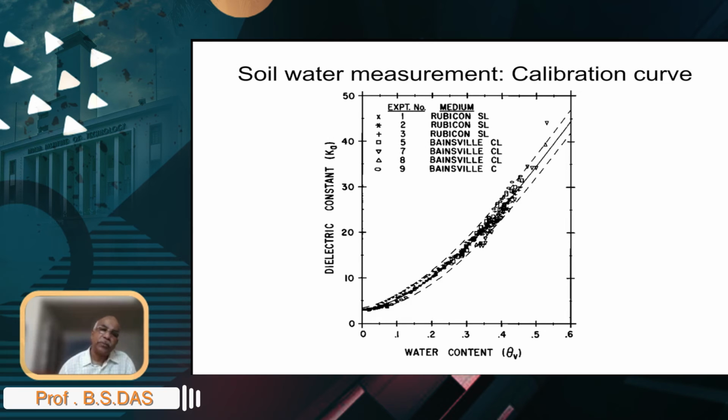And here actual measurements are made, dielectric constant for different soil types, these symbols that you see, with water content, and you could see that almost across different soil types, the relationship between dielectric constant and water content